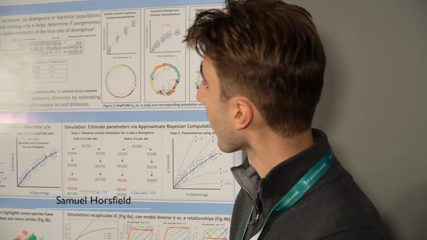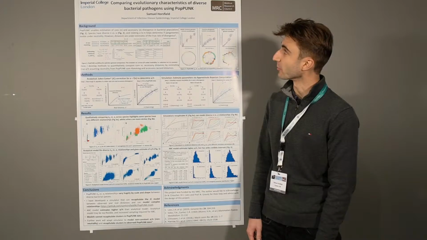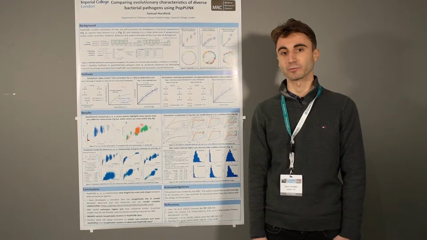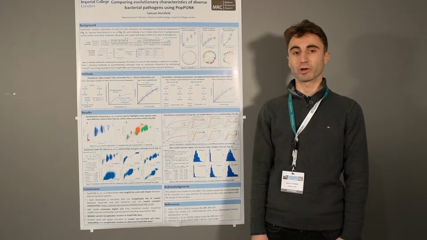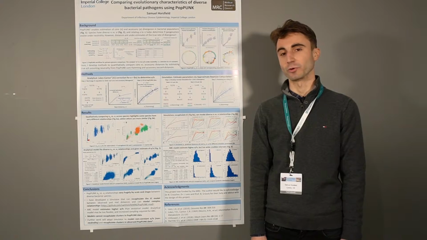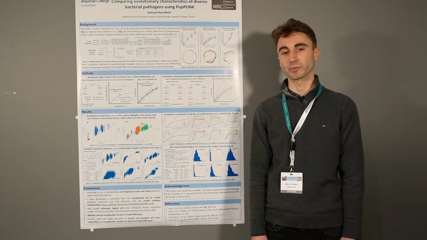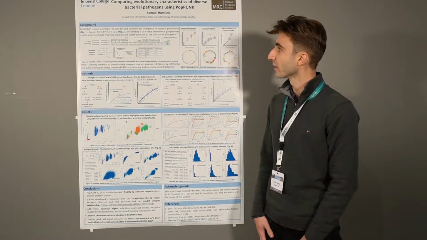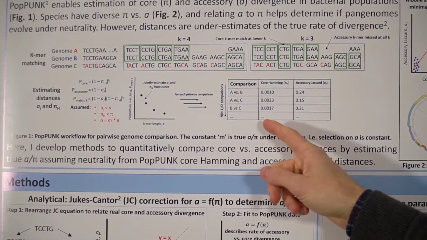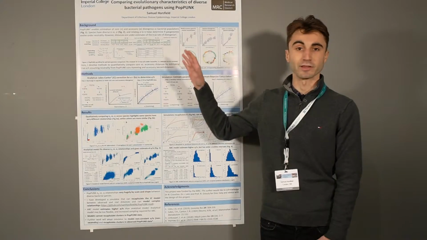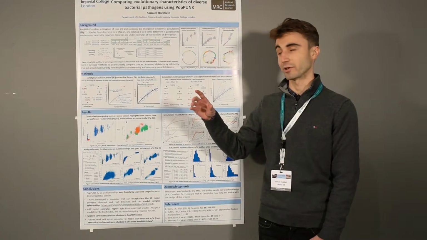Hi, I'm Sam Horsfield from Imperial College London, and I've been using PopPUNK to compare evolutionary characteristics of diverse bacterial pathogens. PopPUNK is a tool that enables estimation of core and accessory divergence in bacterial species in huge genomic data sets. It does this by using variable length k-mers and calculating matches of these variable length k-mers between pairwise